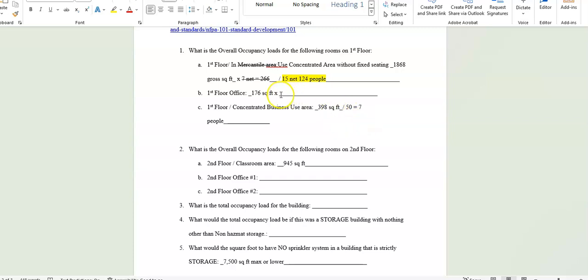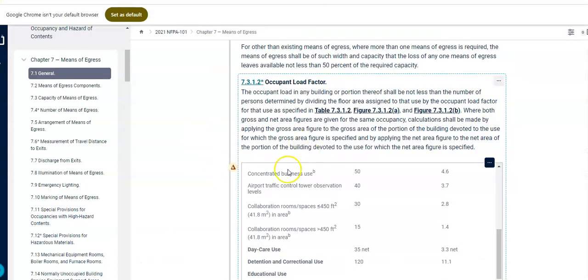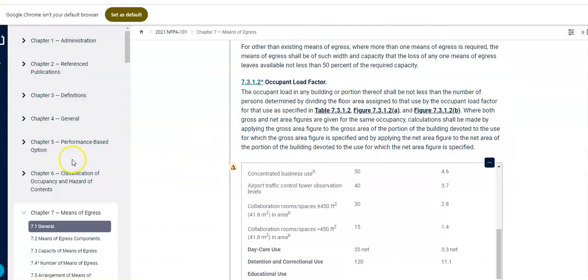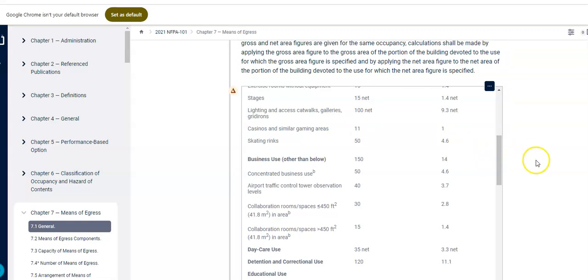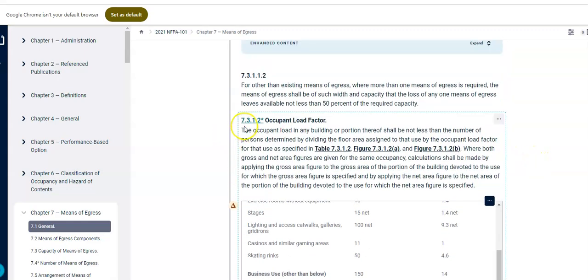Office, if that one is the office, it's 176. Offices are a little bit different. They're a little more confusing to be able to figure out the use and the space. I jumped over to the actual code here, the fire code. So I'm in chapter 7, and I'm looking at the table that I have on the sheet for you, table